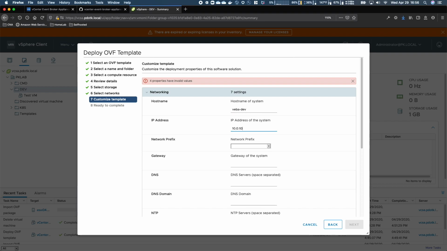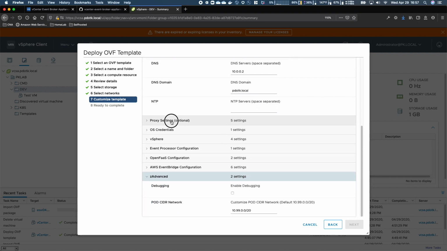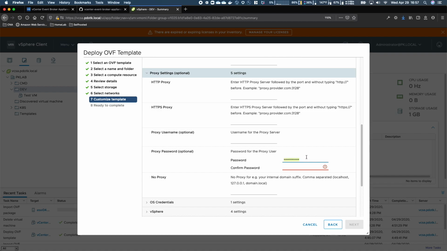So for the networking, we'll need the hostname, the IP address, and the network prefix provided as chosen from a drop-down, and the gateway, DNS, the domain for your network, as well as the NTP servers. Now in this environment I don't have a proxy, so we're going to skip that,